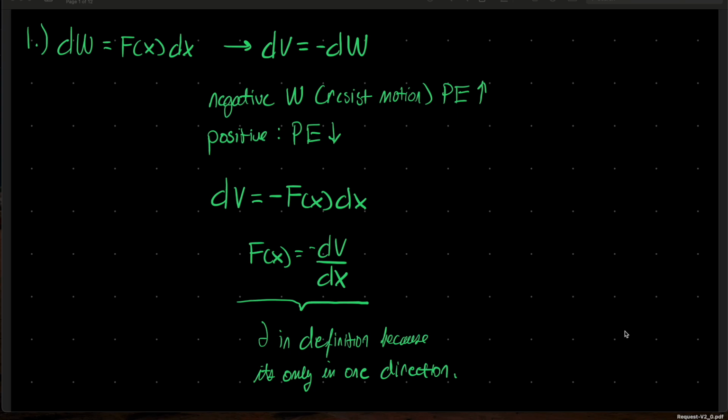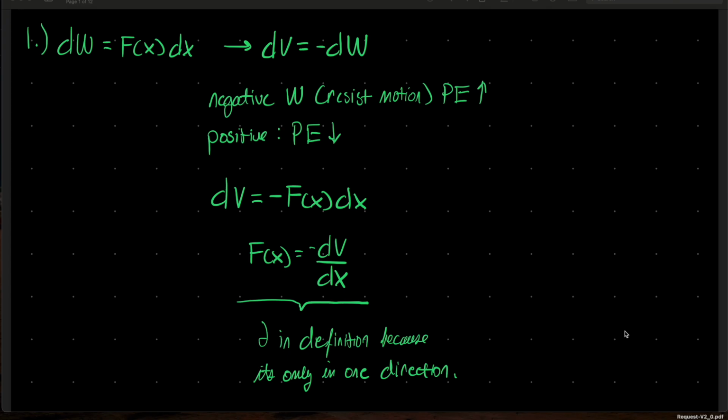And this makes sense. I'm not necessarily sure if it's correct to think about it this way, but I'm thinking about it as a spring. So if I'm pushing on a spring and the spring wants to go the opposite way, I'm giving it more potential energy, because if I let go of that force, the spring is gonna wanna spring in the opposite direction. And then yeah, so I defined the signs right here. Positive, if I'm going with the spring direction and it's not past its equilibrium position, then it's definitely going down in potential energy. So since dV is equal to negative dW, we can just replace it.